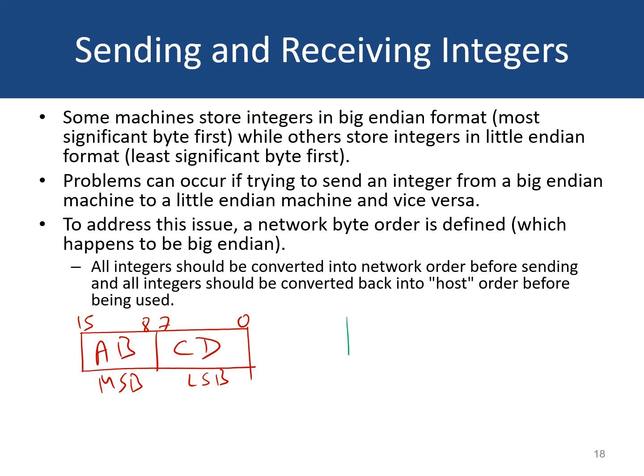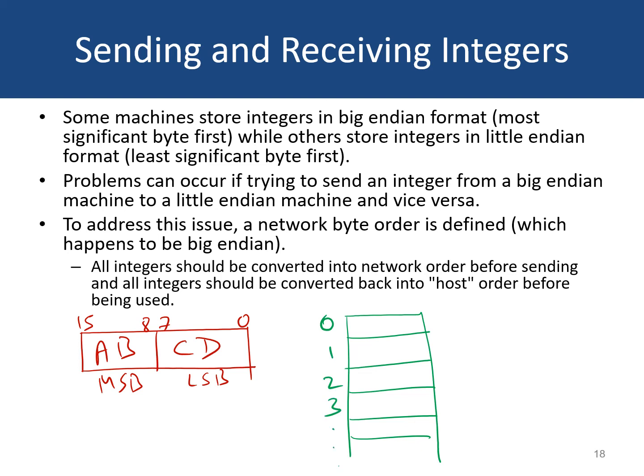Now let's further assume that this is the RAM or the main memory inside a computer. And let's say these are addresses 0, 1, 2, 3 and so forth. Let's assume that each of the cells here in the RAM represents 1 byte. Now there are two possible ways of storing this integer in the computer's memory. So one possible way is we first store the most significant byte followed by the least significant byte. So essentially we store the most significant byte AB in the lower memory address followed by the least significant byte CD in the higher memory address.